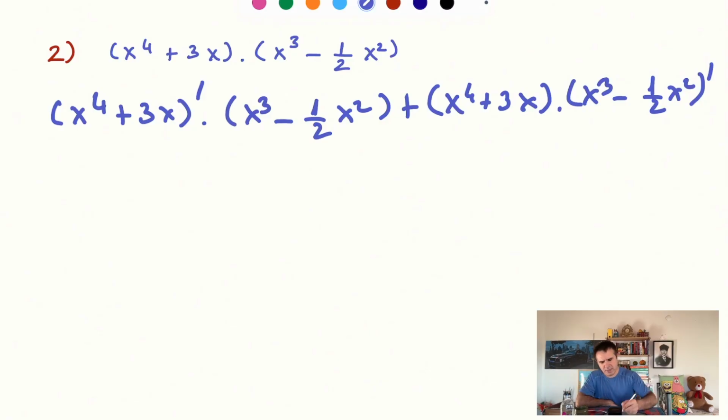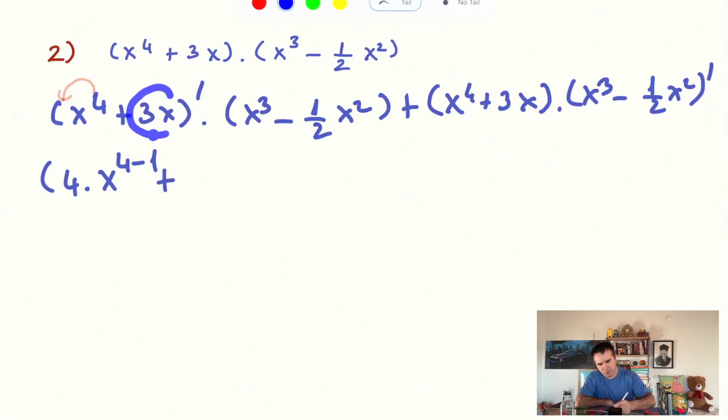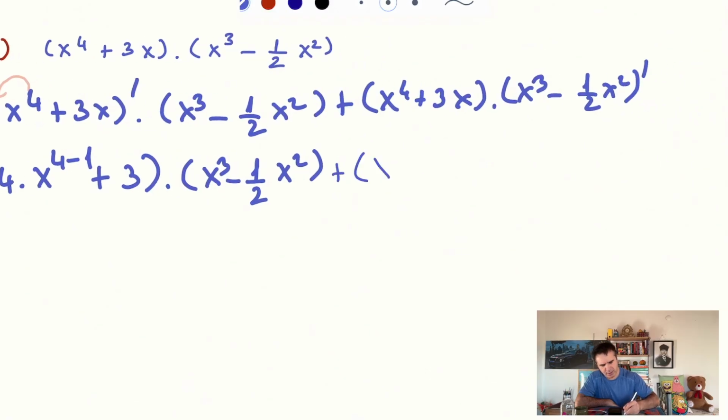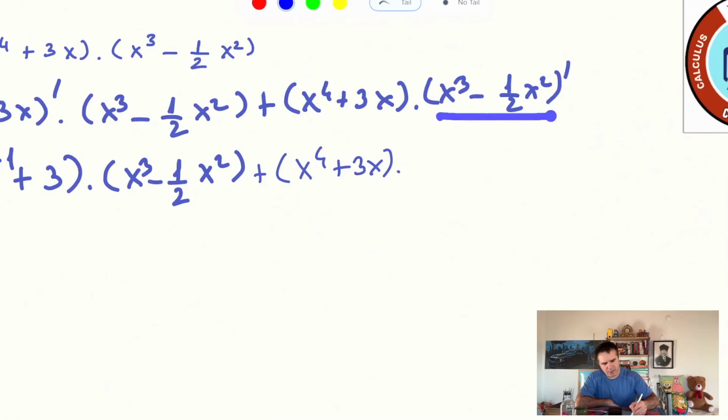Okay, let's take the derivative of x to the power of 4. We will take the exponent as coefficient here, and the derivative becomes 4 times x to the power of 4 minus 1, plus the derivative of 3x. Here, while taking the derivative, x vanishes and the derivative becomes 3, times x cubed minus 1 over 2 x squared, and plus x to the power of 4 plus 3x, and the derivative of x cubed